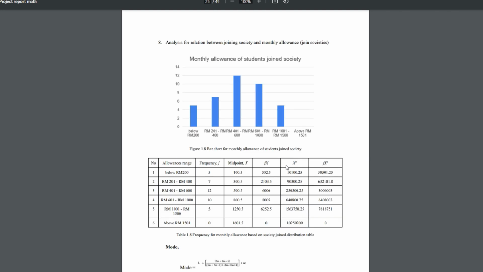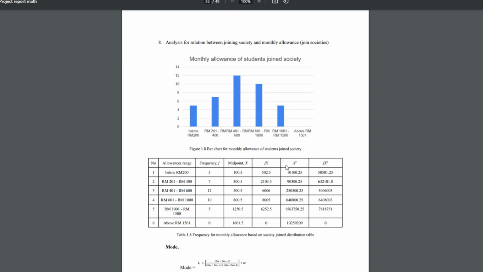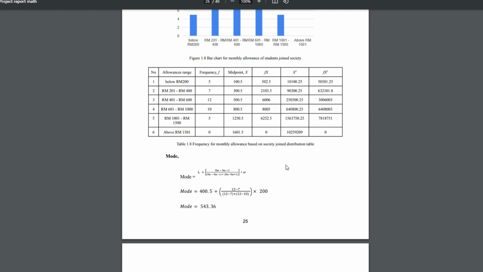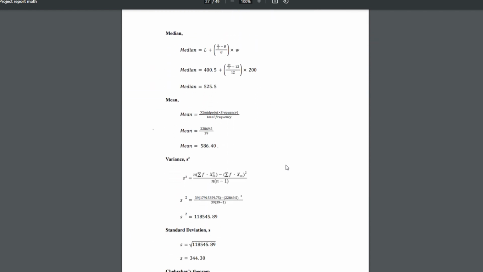And the second last of the analysis is to know the relation between joining society and the monthly allowance for the students that join societies. So here is the calculations. So the average allowance for the students that join the society is 586 ringgit 40 cents, and we calculate the variance and the